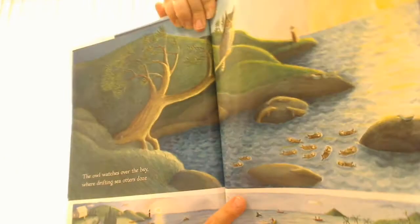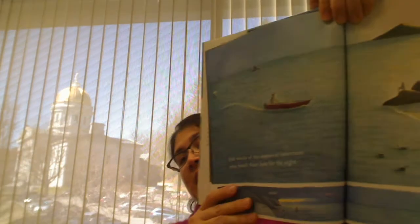So the little boy is sleeping. And then they kind of go beyond the house and they start talking about the frogs, and they're puffing their throats, and the fox sniffing the rabbit, and there's a vole hiding, and there's an owl, and otters, which is just adorable. Look at these little otters. I have another otter book too, I think. So there's otters dozing and drifting, and then whales singing underneath the ocean, and there's fishermen who are tying up their boats for the night,